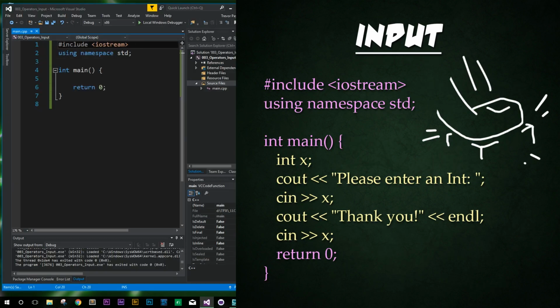So here we have our default code of include iostream right at the top. Then we're using namespace std. And then following that we have the int main function without any arguments. And then that block of code just contains the return 0 line. And that's it. So on this first line within the main function, we're going to type int x semicolon just